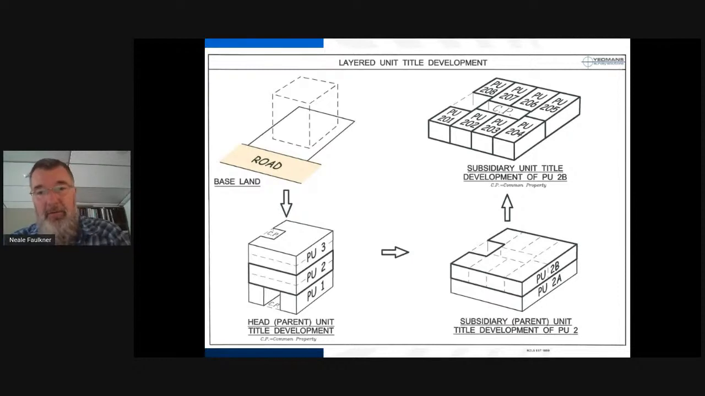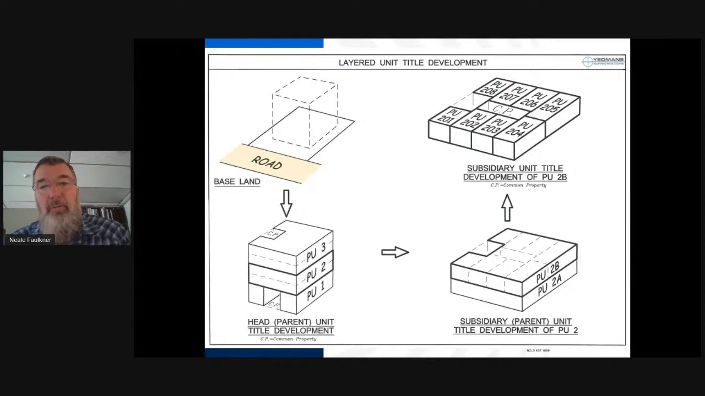We're going to break it into floor by floor for a start. So bottom right hand corner, we're doing a subsidiary unit title subdivision now of PU2, and we're creating PUs 2A and 2B. Each of those units are the whole of each of the floors. And then what we could do, this is just an example, is we grab one of those floors and